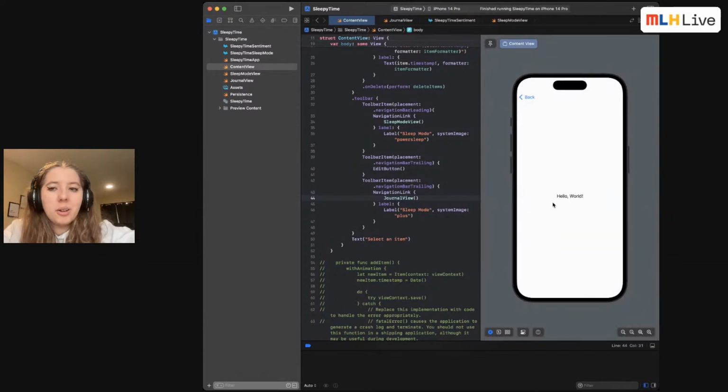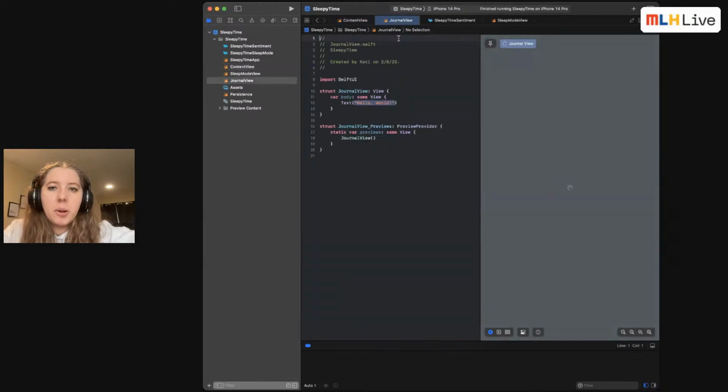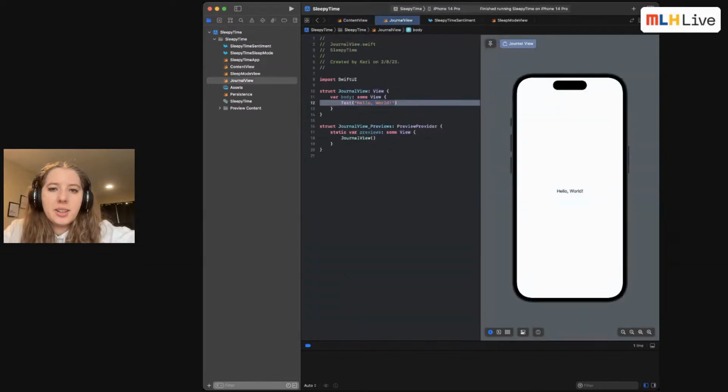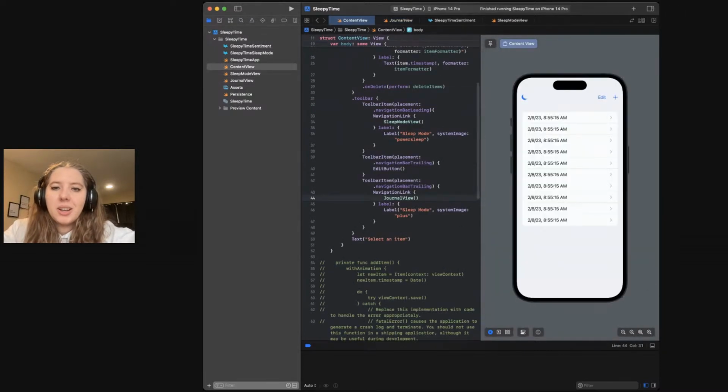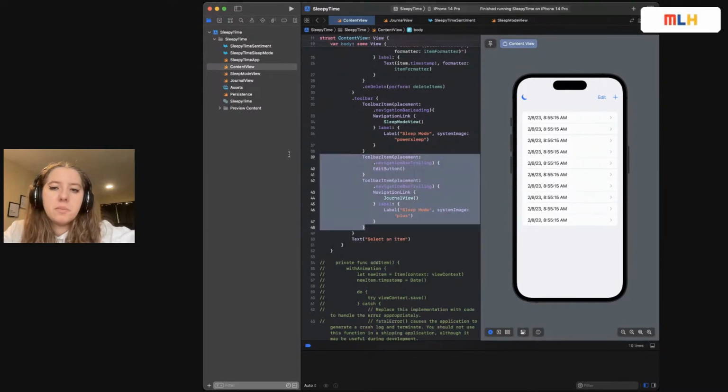We go to Hello World. Yay. Why do we go to Hello World? Because our journal view literally just says Hello World. So great start. We have a new view that we've created, and we can change the little system image as well. And actually what I'm going to do is,